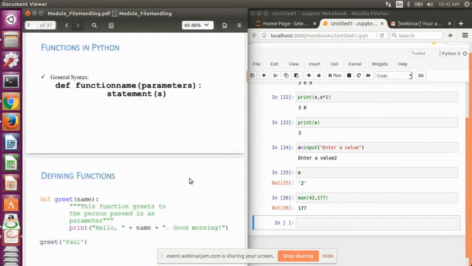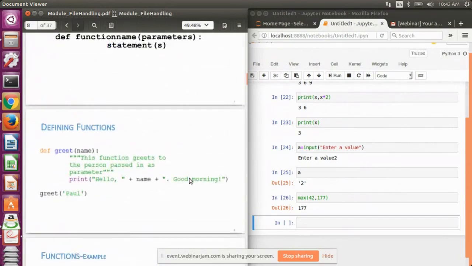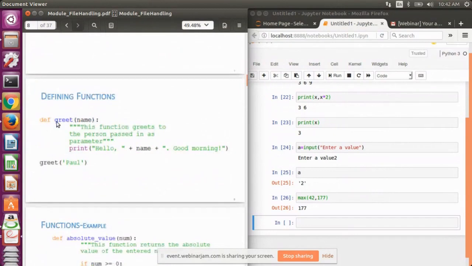Here I have shown you an example where I have defined a function greet. The function name is greet. The syntax is def, a keyword, then greet, the name I gave it, and then name is a parameter that I'm using in my function definition.